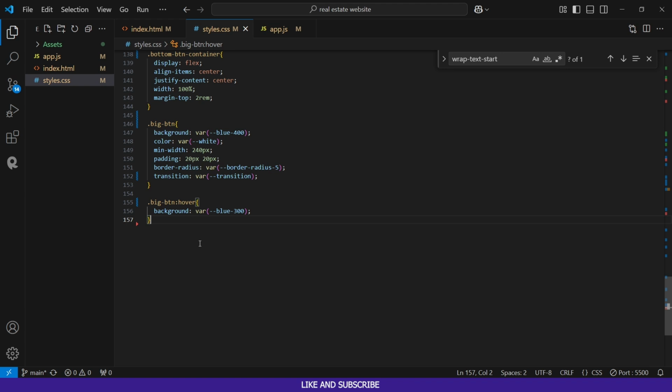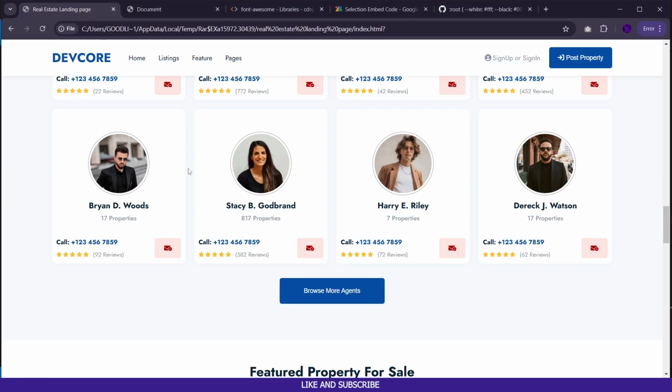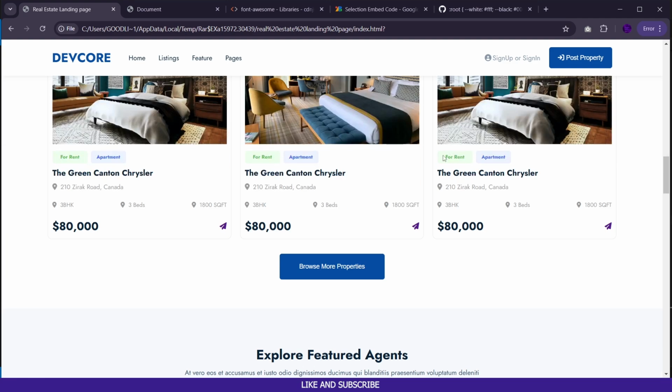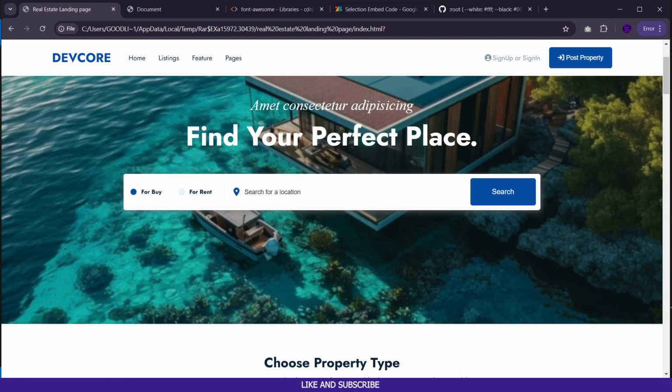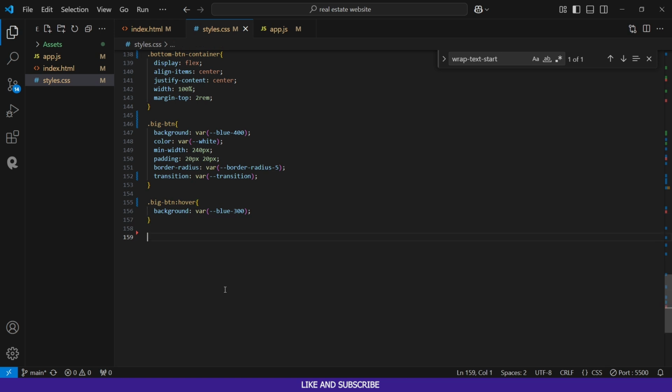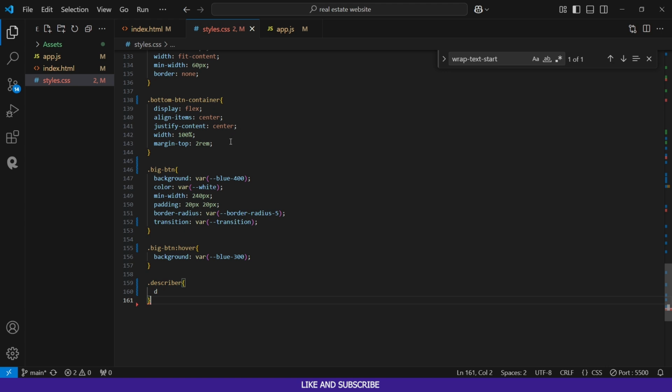Next, we're going to go ahead and create our describer. And what I mean by describer is this text right here that says for rent and apartment. So let's go ahead and create that. Here I will just type in dot describer, and the dot describer class is going to have actually the same classes we have here. You can just copy and paste this,